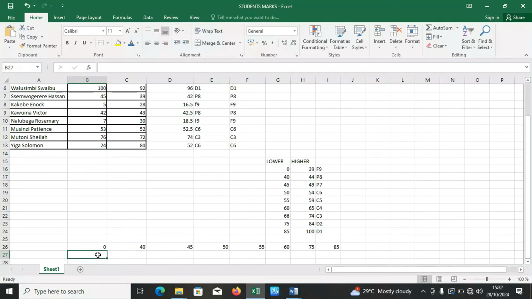So you come and write from 0 is going to be F9, then pass 8, then pass 7, credit 6, credit 5, then credit 4, credit 3. It is supposed to be from 0 to 40, F9, pass 8,